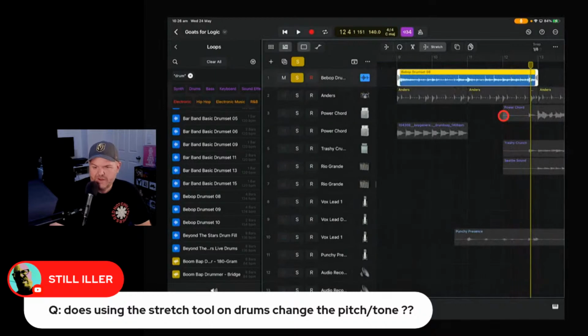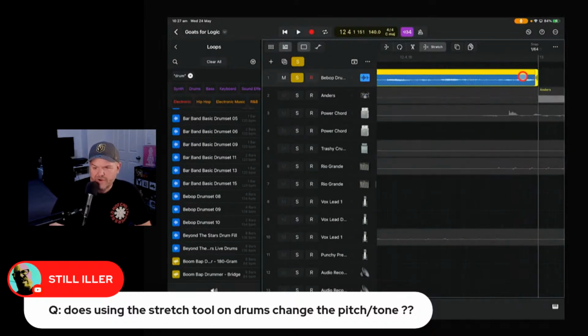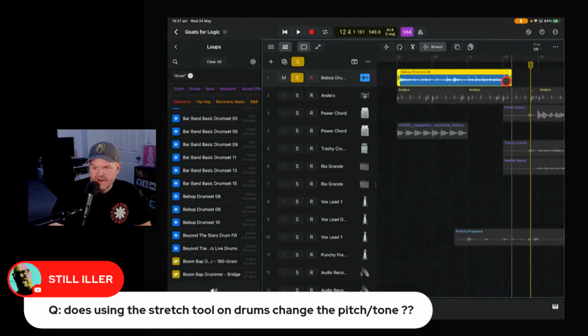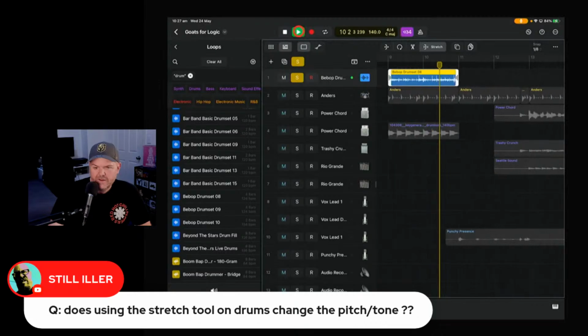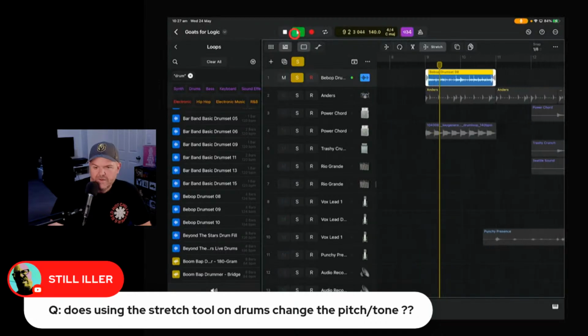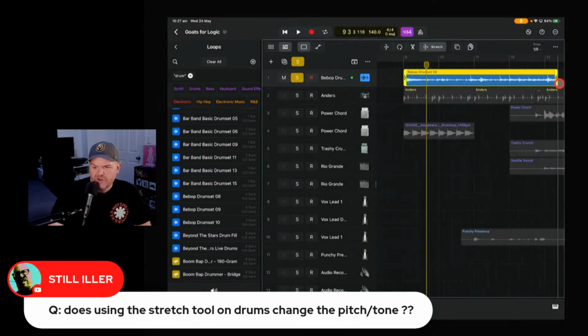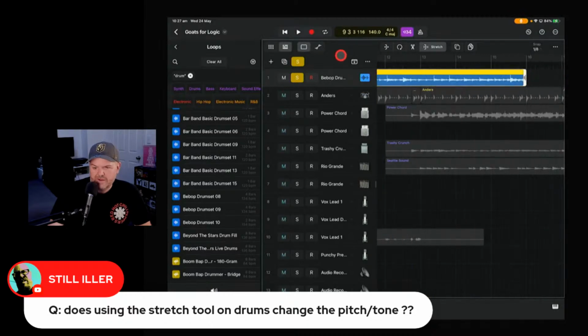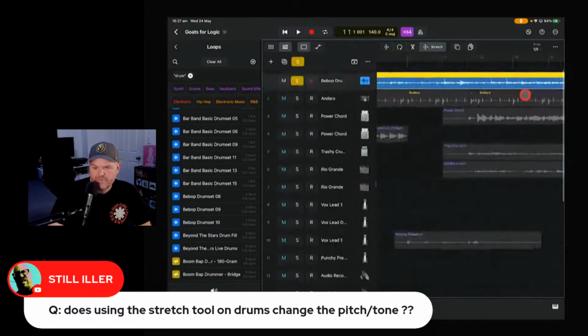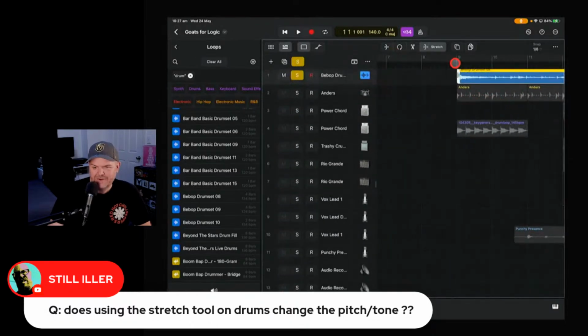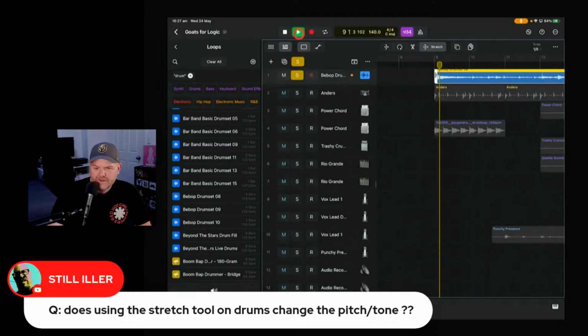Oh, by the way, you tap it, see what I did there? You tap and hold. If you hold for too long, it'll actually zoom in, if you want to try and do some more slight adjustments, that's kind of cool. And we'll drag it back. Then it's going to be the same pitch, but it's going to be double the speed. And if we stretch it out to make it longer, it should do the same sort of jazz. And I say jazz because it's a bebop kit. See what I did there? Like this.